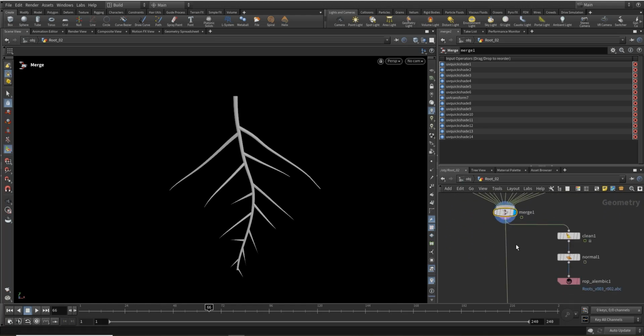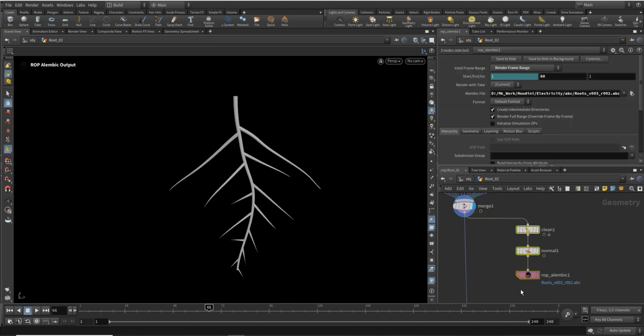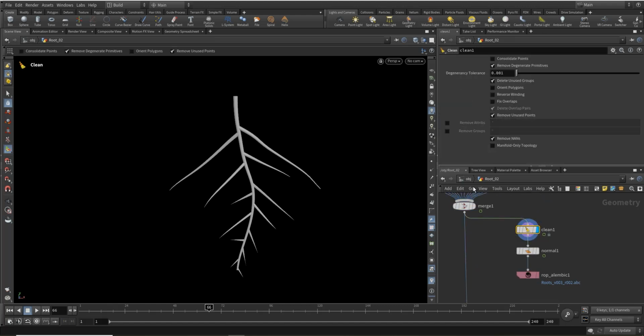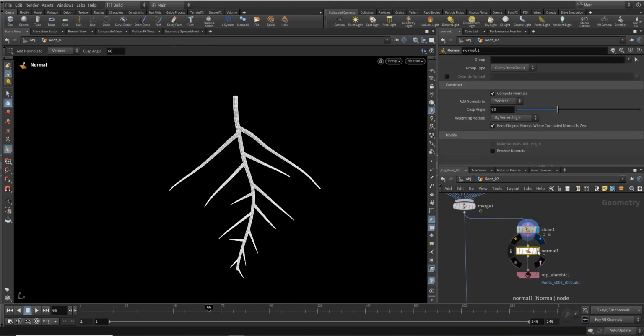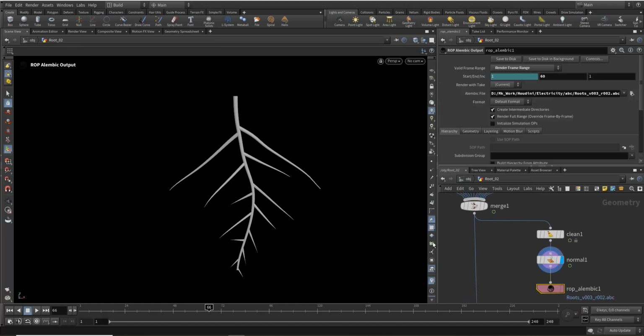And this is for the exploding. I just clean the unwanted points and all, and just add normals and export it here. I created this root system for some project of mine,